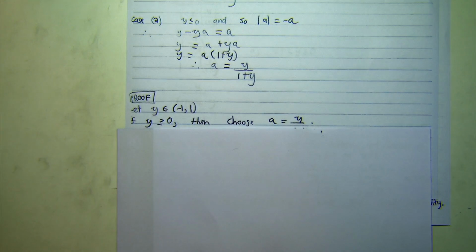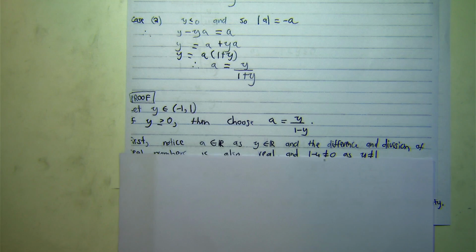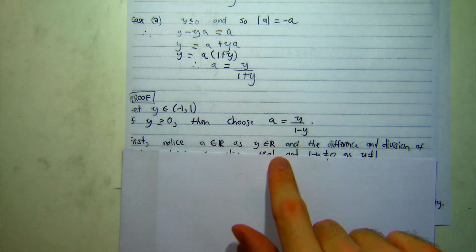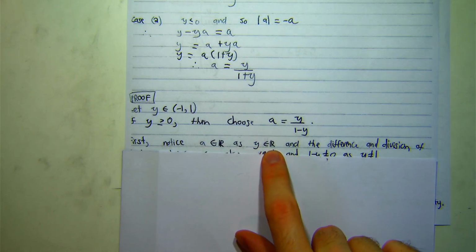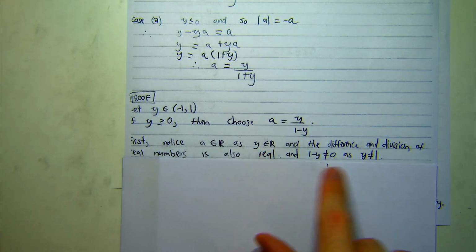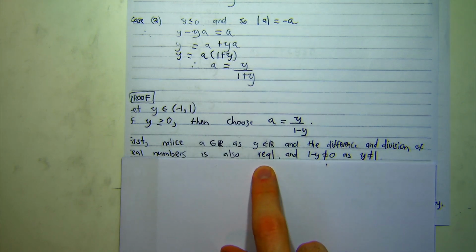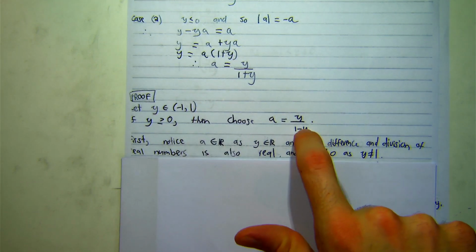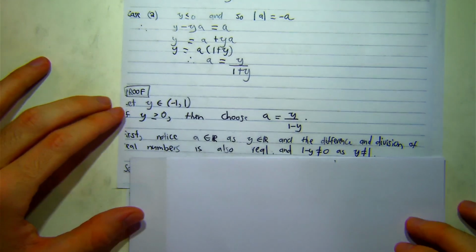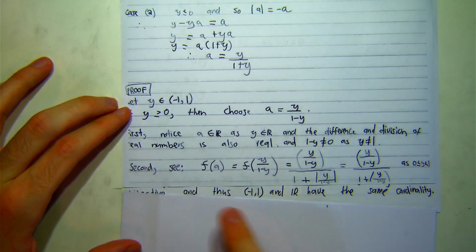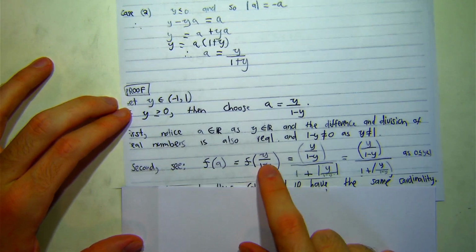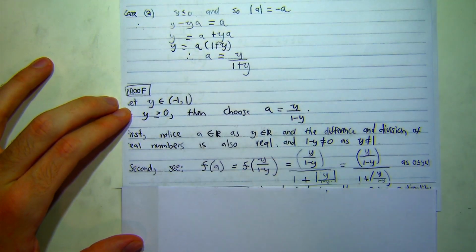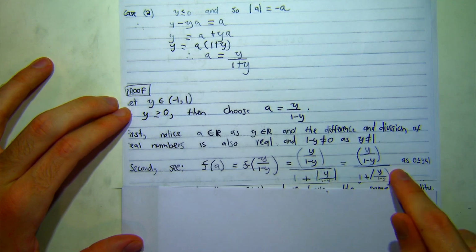If y is greater than or equal to 0, then we choose this. We want to verify that this is valid, so we can verify that this is a real number as y is a real number, and the difference of the division of real numbers is also real. And also y cannot be 1, so y is a part of this set, so this can never be equal to 1, which means we're not dividing by 0, which means this is valid. Second, f of a is equal to f of this from our decision, and plugging that in and then rearranging ultimately gives us